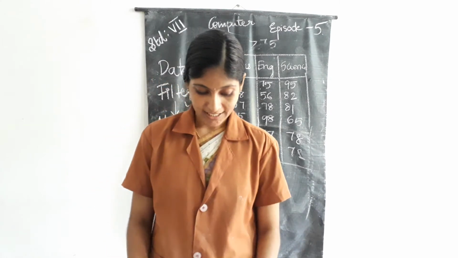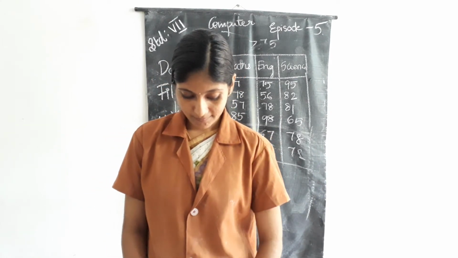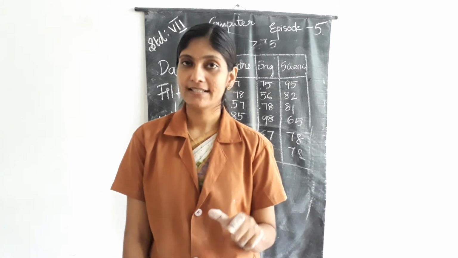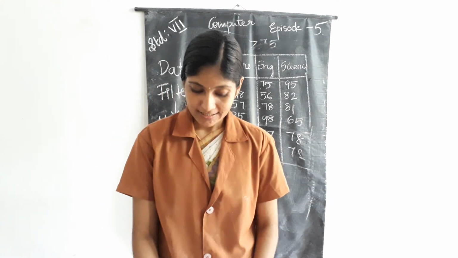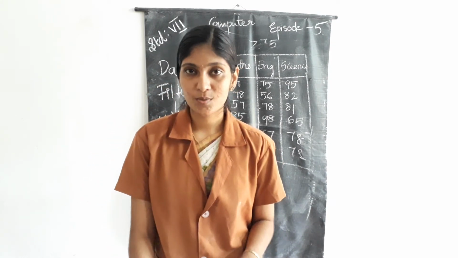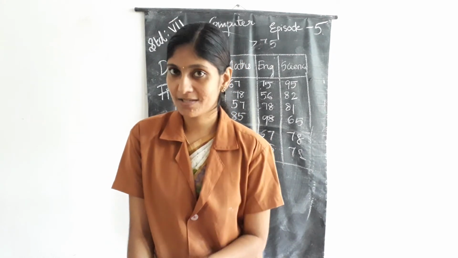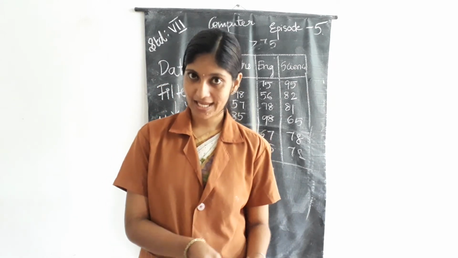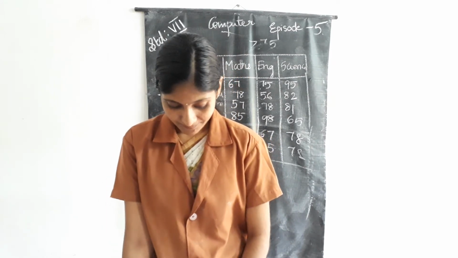That means first go to the Home tab, and then there is an option, conditional formatting. We want to get the result in between 60 and 80 marks. So select Between and write 60 and 80. Then you can choose the color.